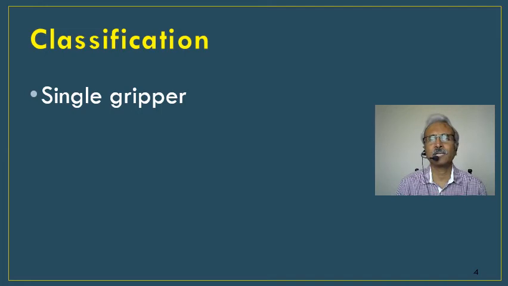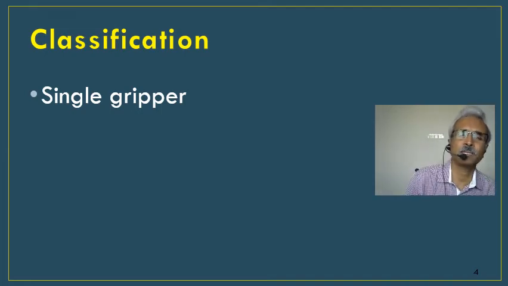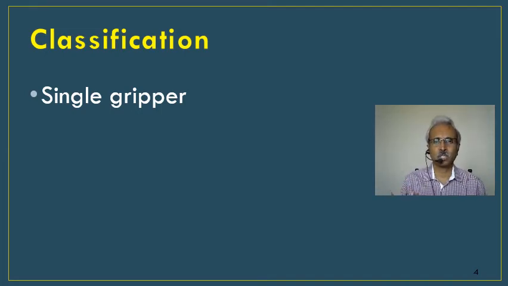First is a single gripper. What do you mean by a single gripper? Analogically, I say I have only one hand, so that's called a single gripper. Practically, though we have two hands, depending upon whether you are right-handed or left-handed, most of the tasks, I won't say all, we do with only one hand. So analogically here it's a single gripper, with only one holding device.